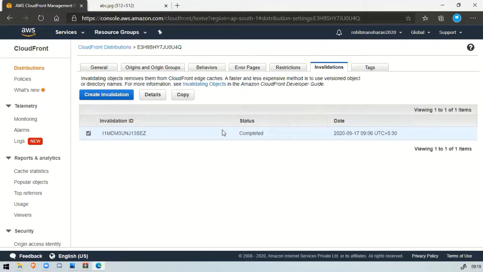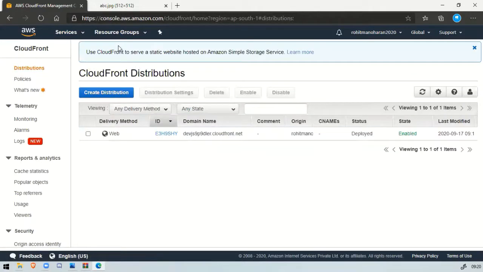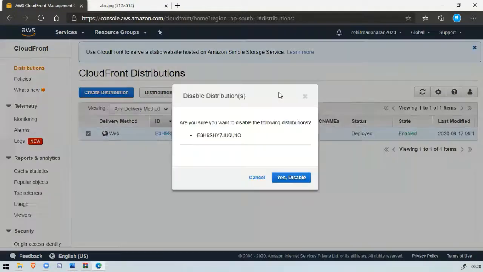The next step that we are going to do is delete this CloudFront distribution. If you leave it as it is, this may cost you something. So I will click on CloudFront distribution, and as you can see, I have my distribution. I will click on it, click on disable, and first you have to disable it in order to delete it. Disable will also take up to 5 to 6 minutes, and then you can actually delete it. The delete button will be highlighted, and then you can delete it. So I will click on disable and click on yes, disable.